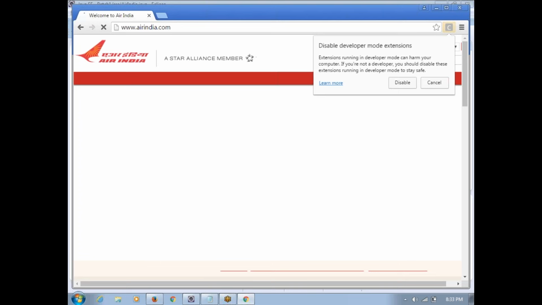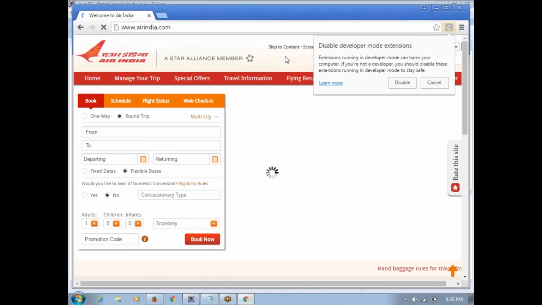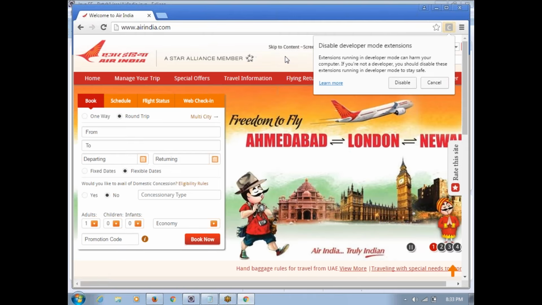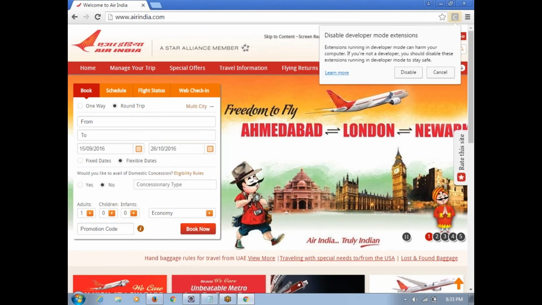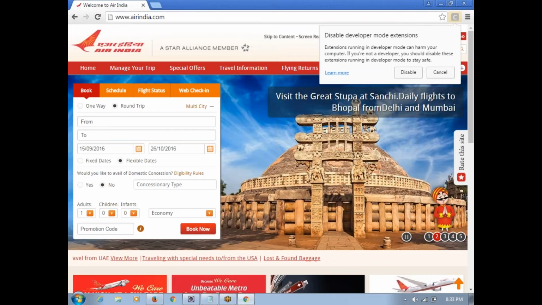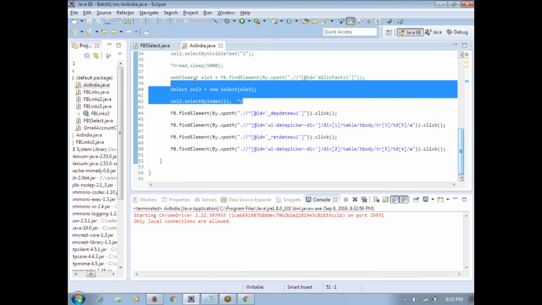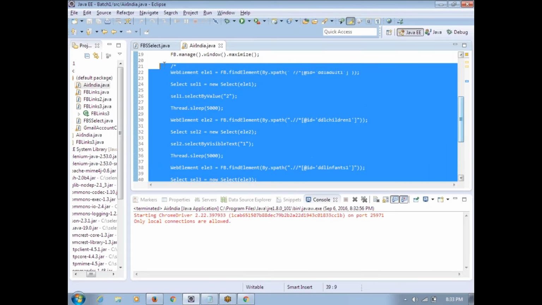So now it has to do maximize first. Yeah, maximize done, then date selected. See? Done our script. Yes, Suresh. Okay. So now if I want to select my previous code also,